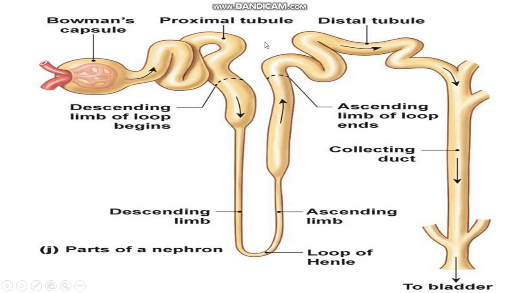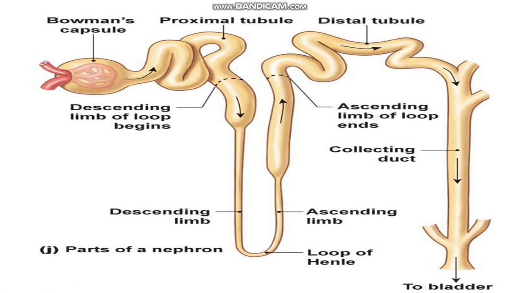Here it is located proximally, so hence it is known as the proximal convoluted tubule, and here it is located distally, so it is known as the distal convoluted tubule. And from the distal convoluted tubule, the urine is directed to the bladder. So this is the structure of the complicated tubule, that is the renal tubules. So after the distal convoluted tubule, the urine will be drained into a collecting duct, and that will lead to the bladder.